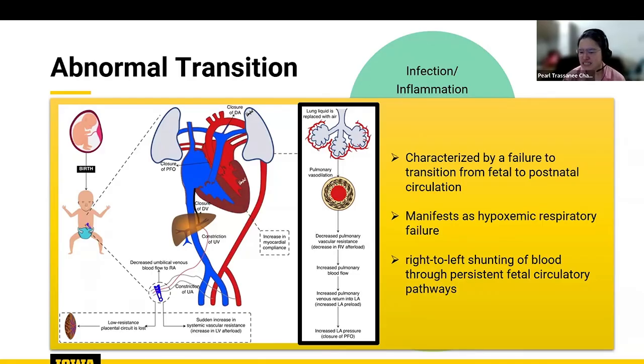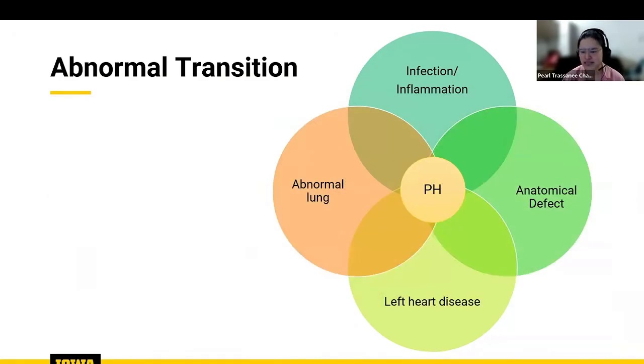However, the pathogenesis of PH is multifactorial, with numerous risk factors that could lead to disruption of the normal transition from fetal to postnatal circulation. Therefore, the pathophysiology of PH is complex, involving respiratory, circulatory, and metabolic derangements,